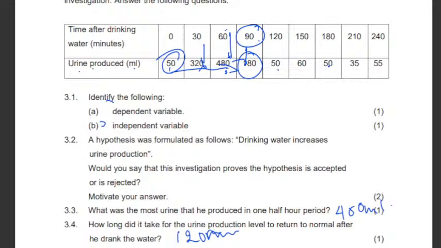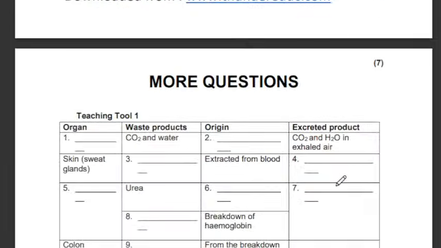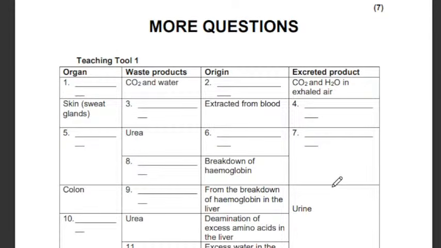Name the process by which water balance in the body is maintained. How do you call that process where you maintain water balance in the body? Whenever you talk about water balance, then it becomes osmoregulation. So basically, that's what you are supposed to talk about. Yes, guys, we go to the next question. More questions about this. So we are trying to answer questions so that you guys don't have any stories